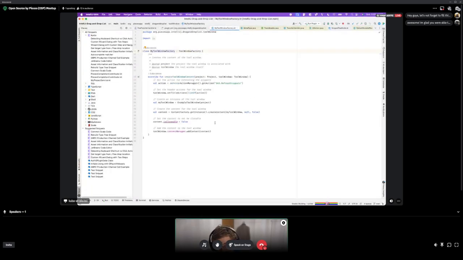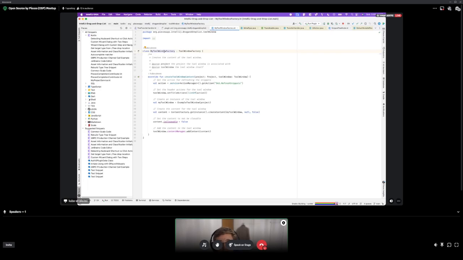What that class is responsible for is, if you open a new project in your IDE, the IDE needs to know how to create contents for that tool window per project, because the content may be different for each project, especially if you have your project files to be displayed in that window.